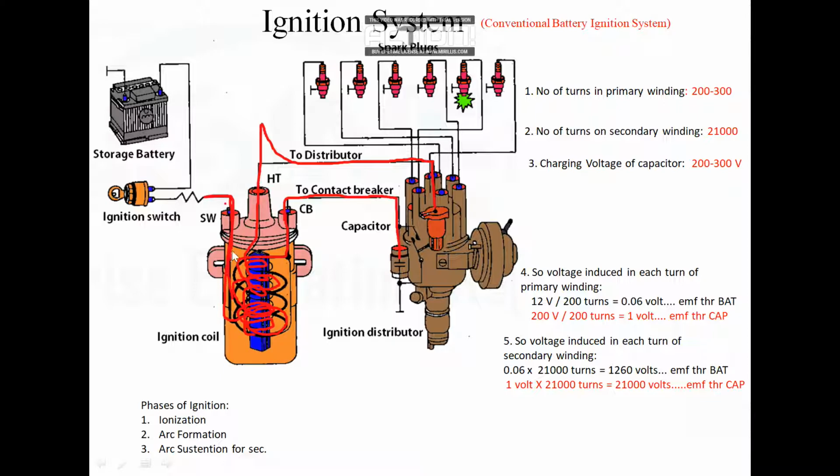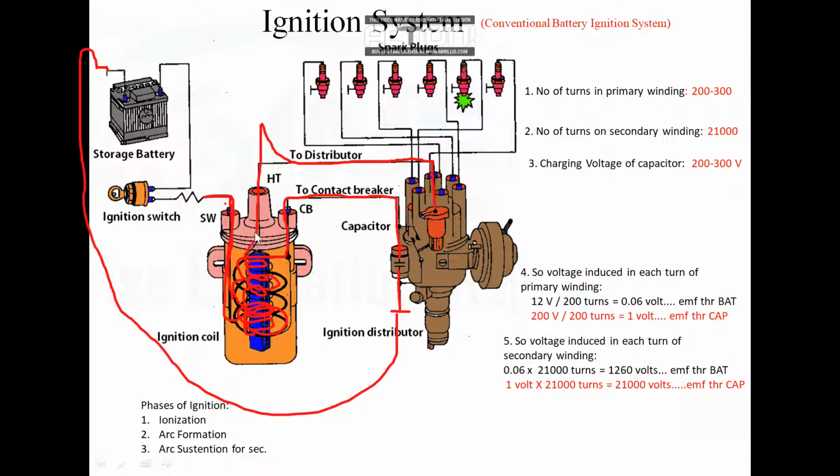Okay, and the primary winding's other end goes to the positive terminal of the battery, through the kill switch and ignition switch. After that it enters the ignition coil, makes a number of turns, comes out here as the primary winding, enters the distributor, with the capacitor in series. After that it is again earthed and grounded. Okay, so in this way the circuit of the primary winding gets completed.